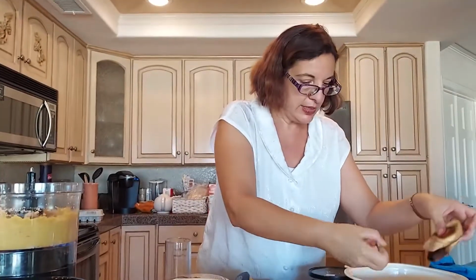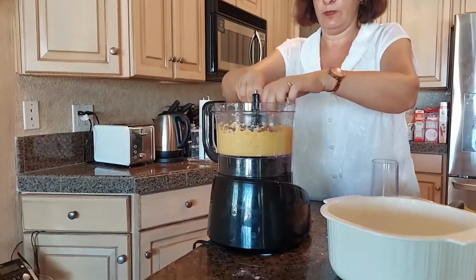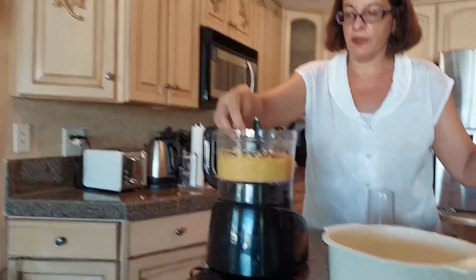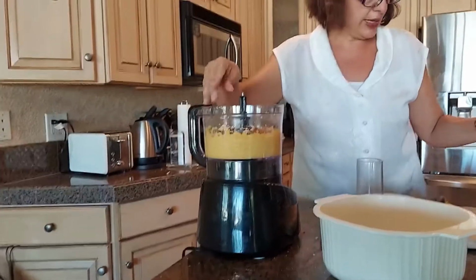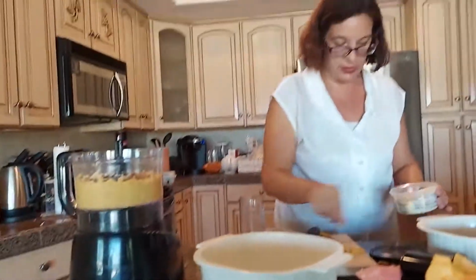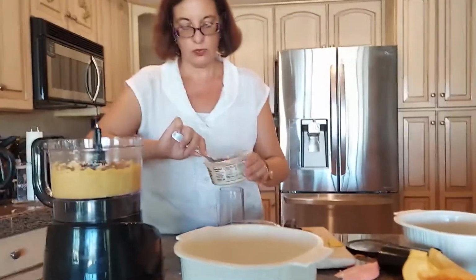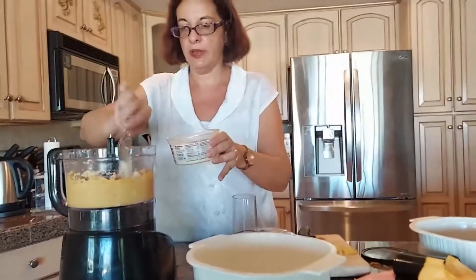And you can always add a little bit more biscuits if you want to. So I'm going to add a couple of them just to make it thicker. And you can always add a little bit of Parmesan cheese. So let's see how it goes with